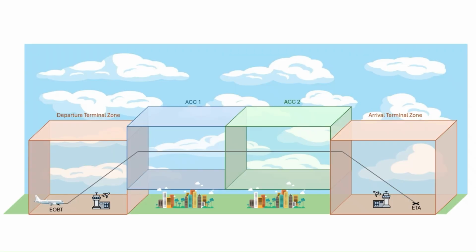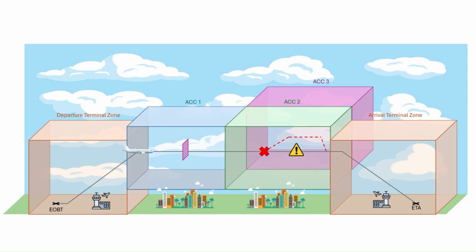Now we can see an example of when and how the negotiation horizon and alteration point are used. The flight is taxiing or already airborne, and any of the actors, pilot, flight dispatcher, network manager operator, or LTM, would like to change its original trajectory. The first step is to get the negotiation horizon and then set a new trajectory from the alteration point. This new trajectory may go to a new ACC. The collaborative decision-making process starts between all the actors involved. Once all actors agree and accept the new proposed trajectory, the flight plan is updated with the new route.